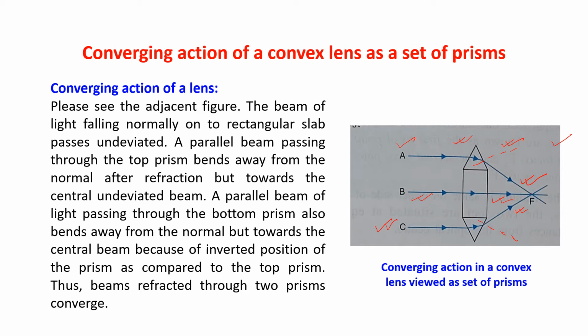Okay, and that is why it is known as a converging lens, because this converging effect of the rays is happening because of the convex lens. So convex lens is said to be a converging lens also. Convex lens is known as a converging lens also because it is converging the rays of light at a particular point.